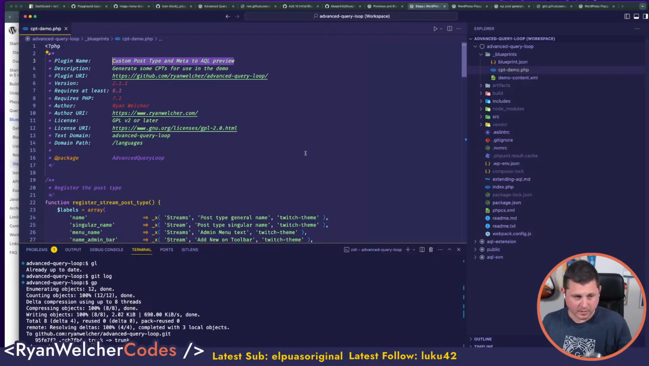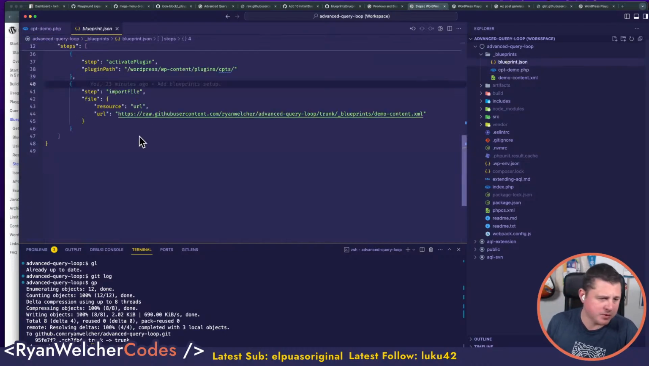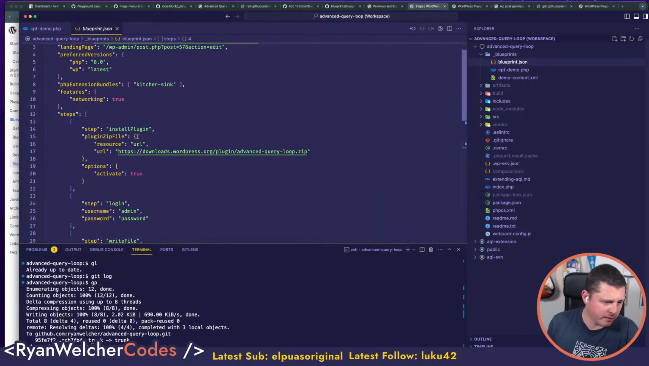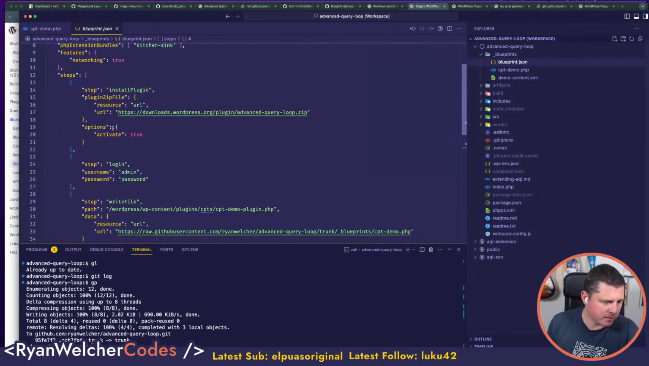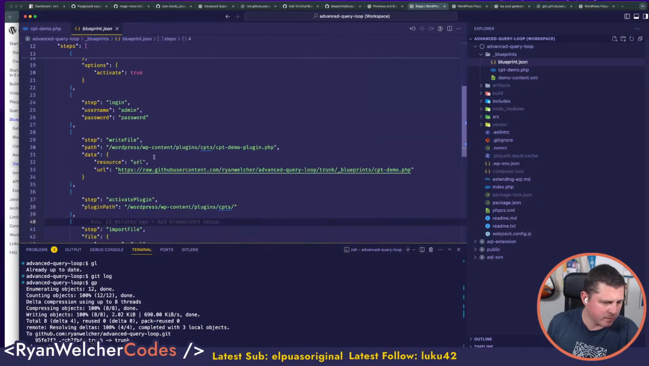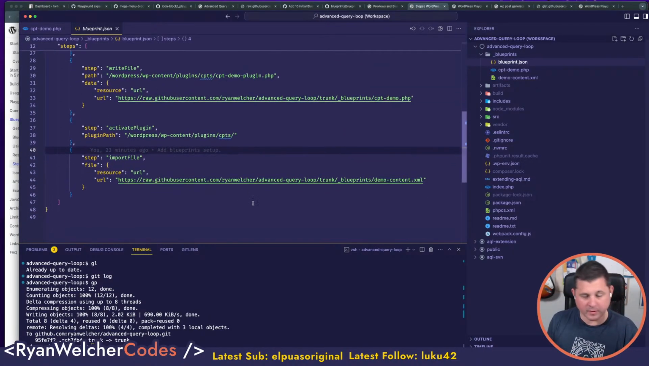Okay, I'm thinking here now. I could put a step in where I generate a bunch of content. There's a lot going on here. So I'm going to install that plugin, write this to the path, activate that plugin, and import this file. So the file needs to have a whole bunch of stuff in it. So what if I